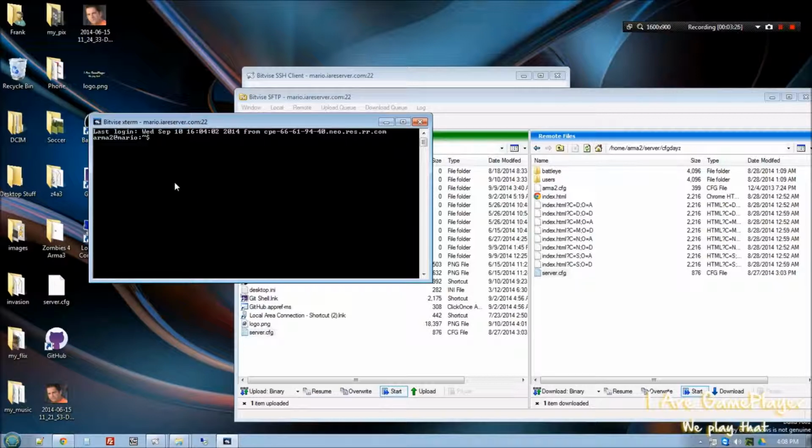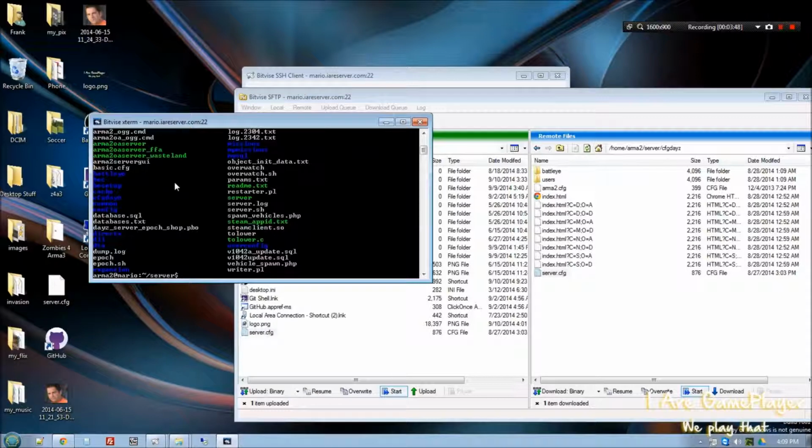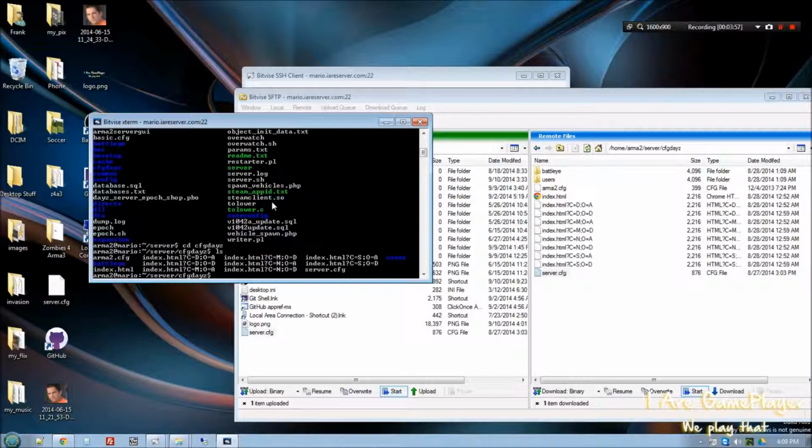terminal console using a program called Nano, which isn't too hard to understand. I'll give you a quick look at that. Some of the commands you're going to need to know. One of them is list. LS, list the programs. LS tells me what I'm in right here. I got the server, so I'm going to change directory. CD server, list again, and here they're color coded. The blue are folders, so I'm going to go into this config DayZ, CD CFG DayZ, list again, and there's